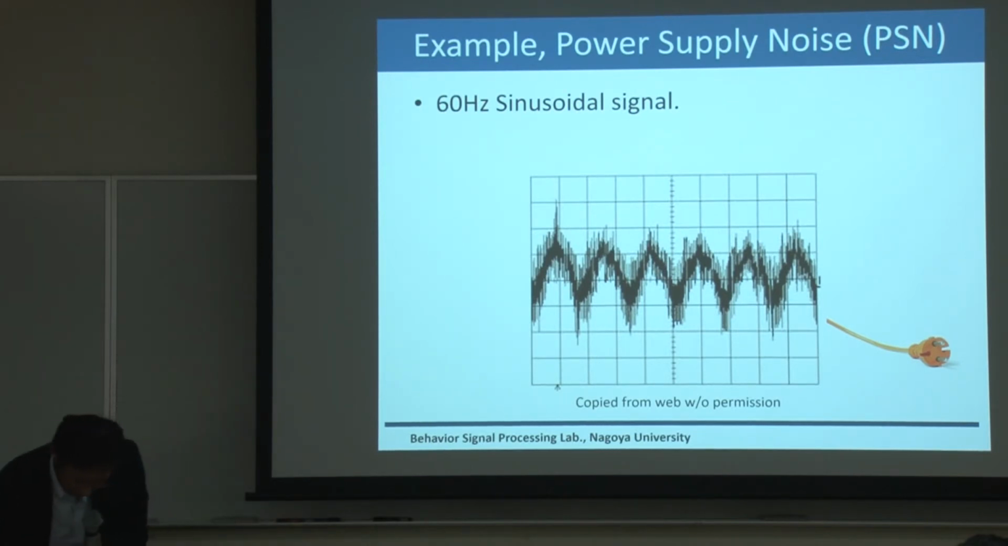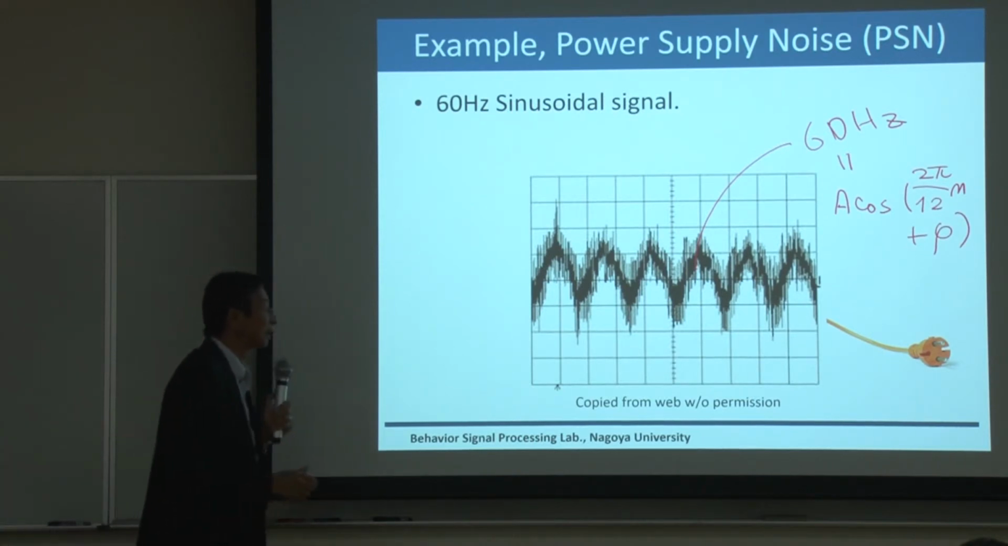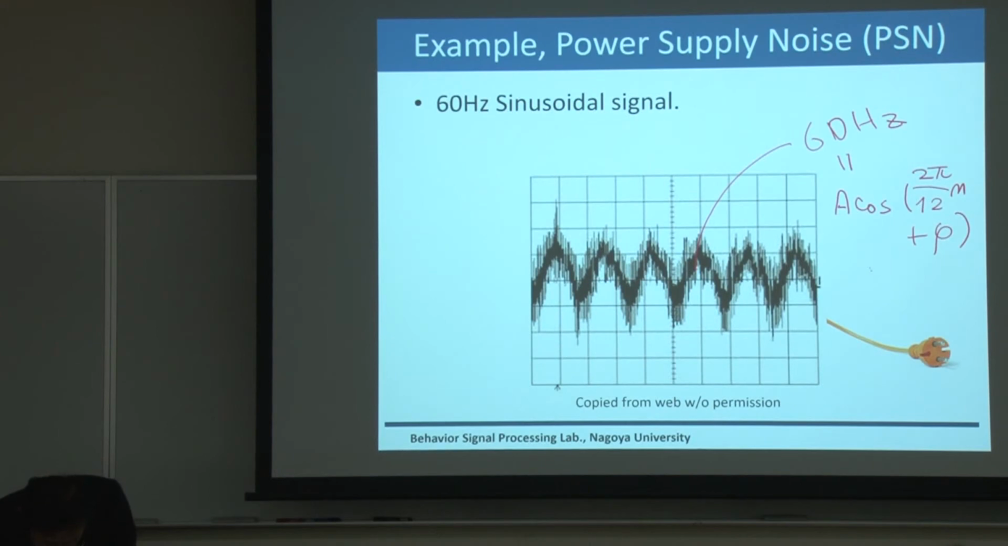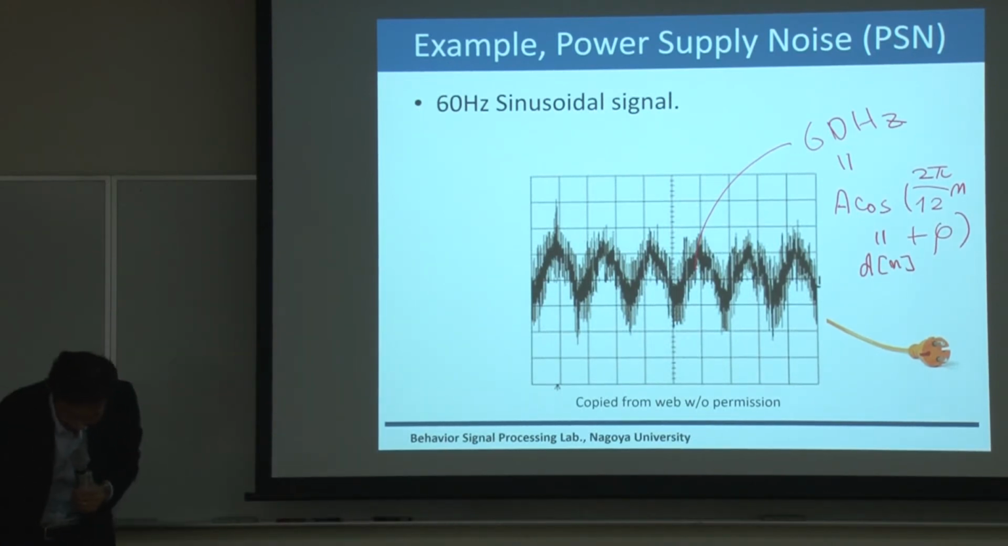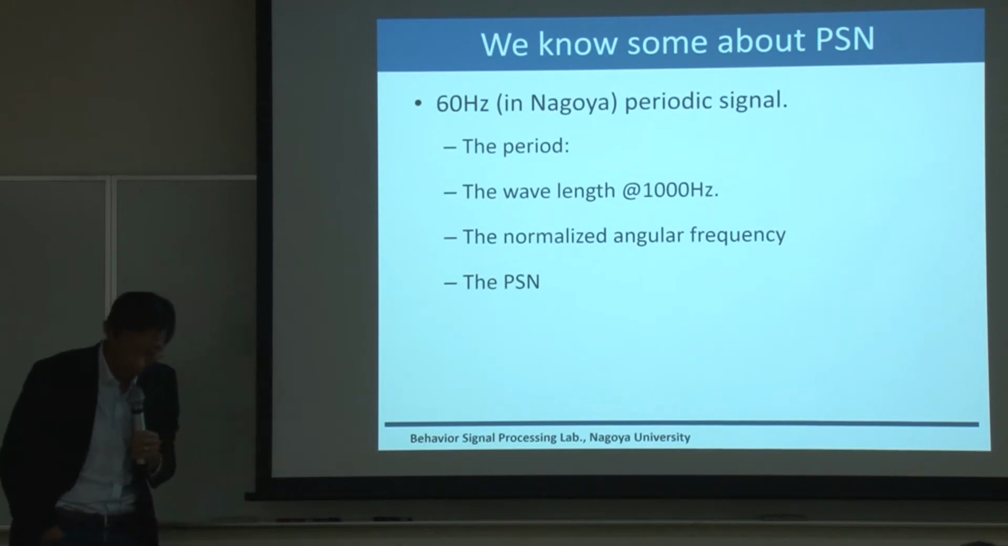So what we know is that this is a 60 Hertz signal. In other words, this signal can be represented by A cosine of 2 pi over 12 n plus some phase, which means that I can model the noise by very simple math. So this is the periodicity of the signal. Again, 60 Hertz is the periodic. The periodicity is